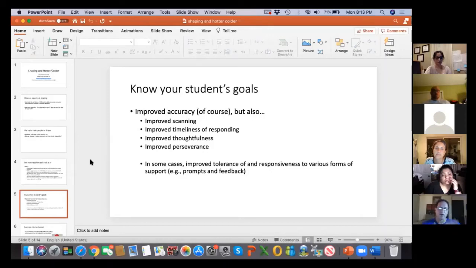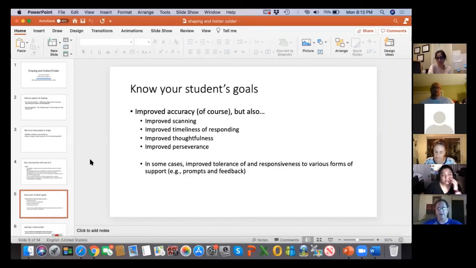I won't take as long on every one of these notes, but improved thoughtfulness as opposed to being impulsive is more of a pivotal kind of a repertoire. Improving perseverance. If we're wanting to improve perseverance of something, I might be inclined to reinforce more generously if I saw that a student scanned for 2 or 3 seconds because it was a bigger array and a more complex SD that I gave. I'd want to reinforce that longer scanning better than I would have reinforced if it was right in front of me, found it right away, really quickly.